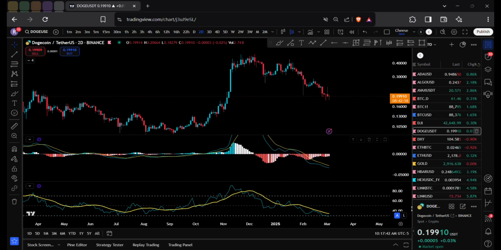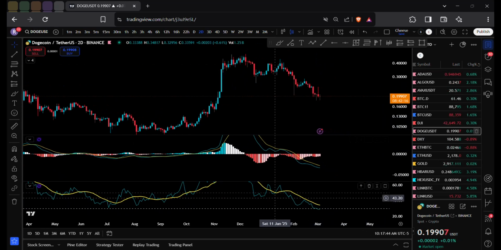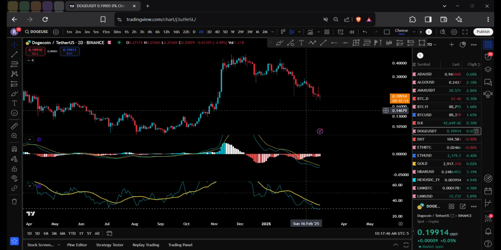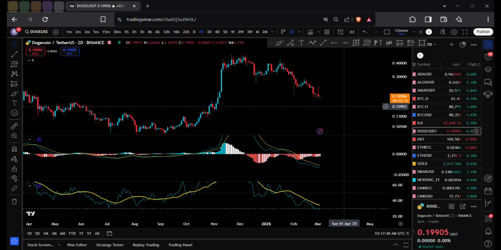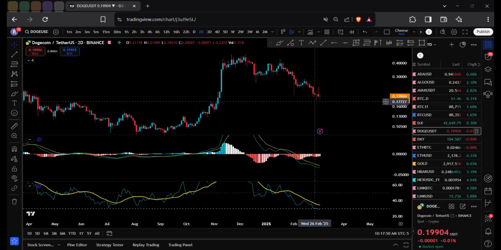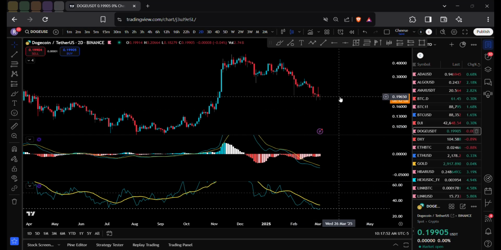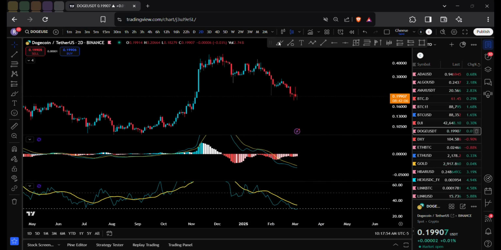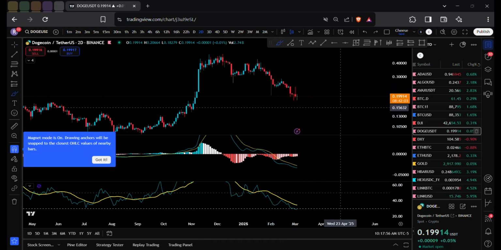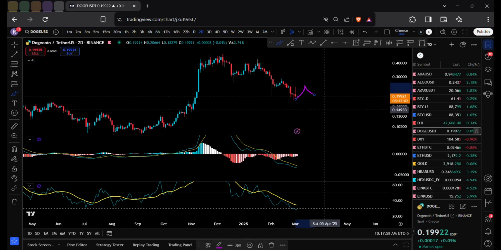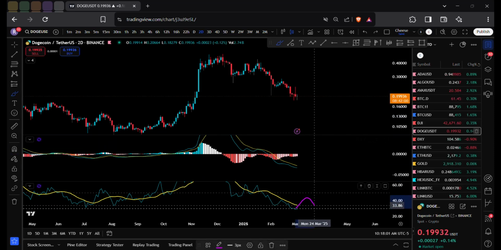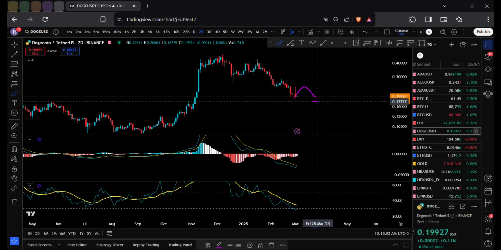Like I said in the last two videos, it hasn't happened yet because we're still making lower lows on these charts, but I would like to see the same low now at 19 cents, right? Hasn't happened yet, giving you the bullish scenario. I would like to see the same low at 19 cents, higher low in the RSI. That would be your double confirmation and confluence to open up your long at 19 cents.